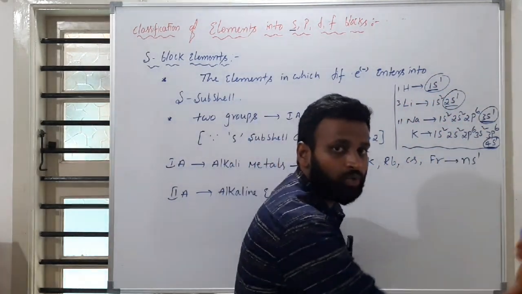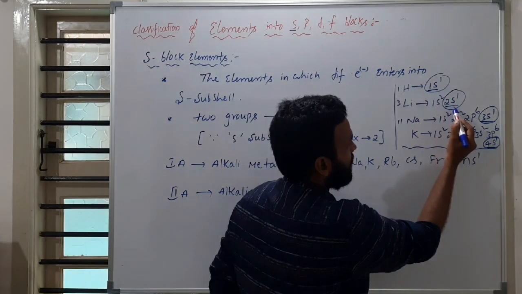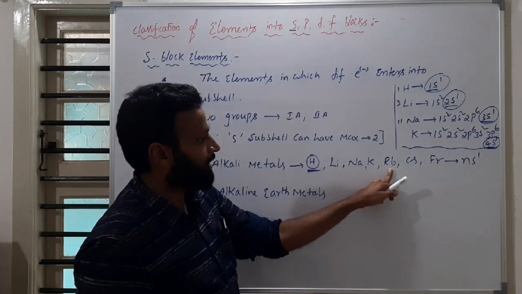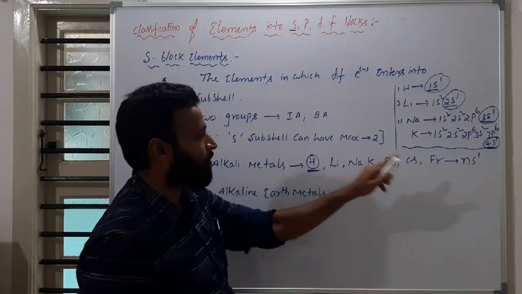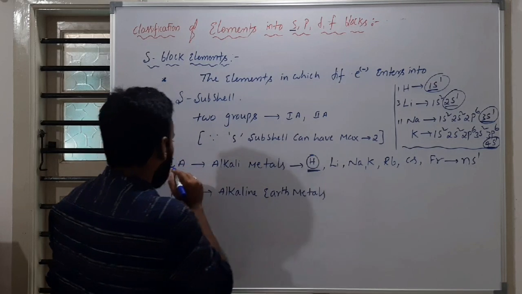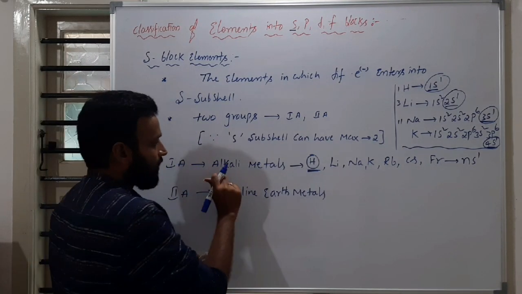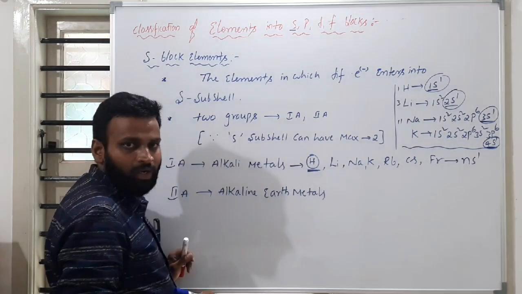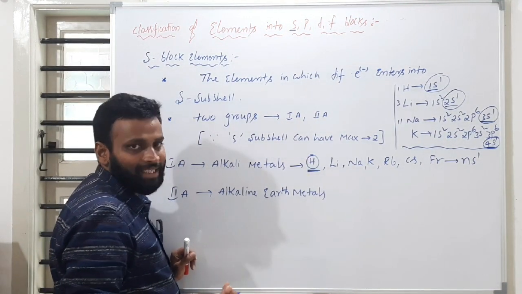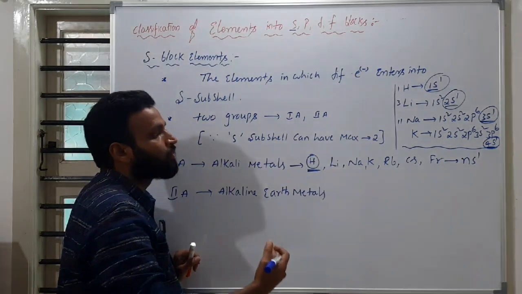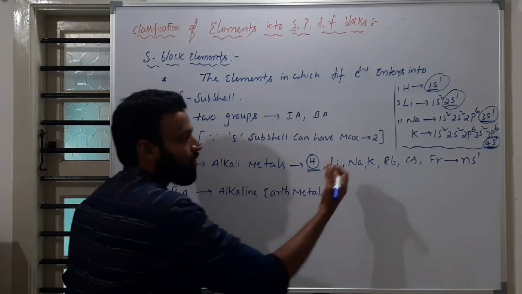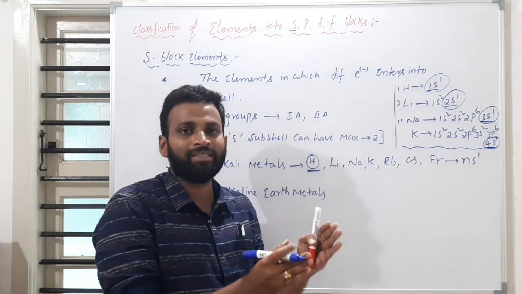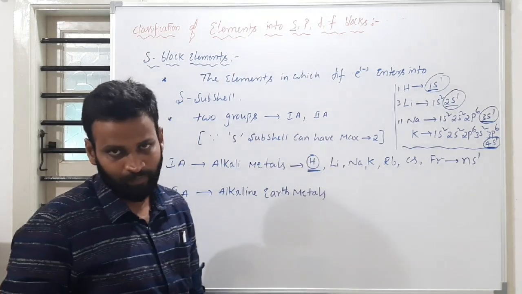Valency shell means what I told you, the last shell. In the last shell, how many electrons do you have? One. For rubidium it is 5s1, for cesium 6s1, meaning one electron you have, so they are called 1A. They are also called 1A group elements, also called alkali metals. Alkali means basic. They have a tendency to lose electrons. These are soft metals. About these we will discuss in the metals, non-metals and metalloids classification.